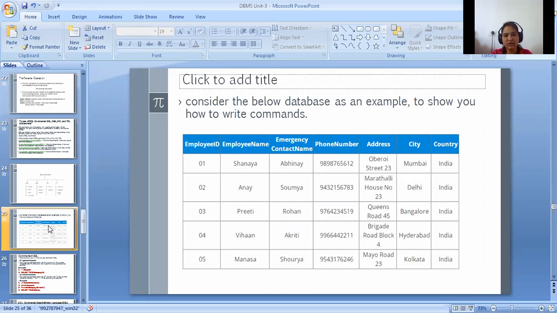We are creating the employee table first, which includes the employee ID, employee name, emergency contact name, phone number, address, city, as well as the country. This is our existing table we are referring to as an example.